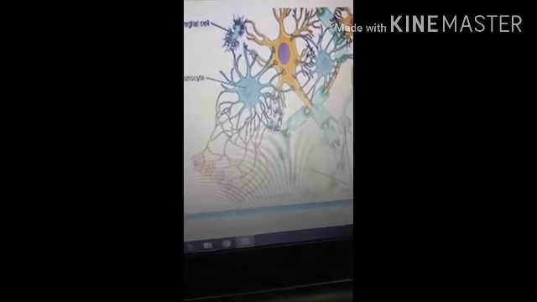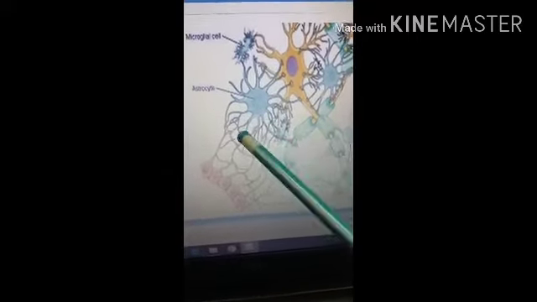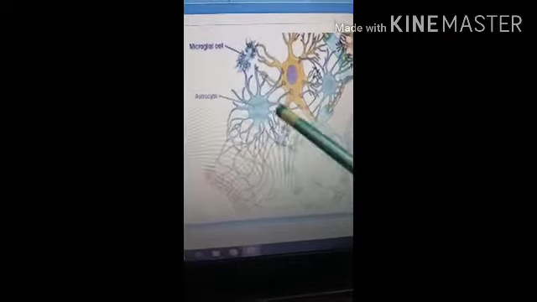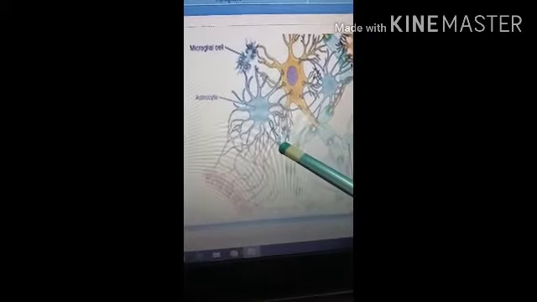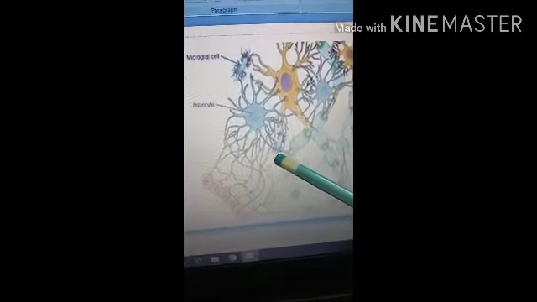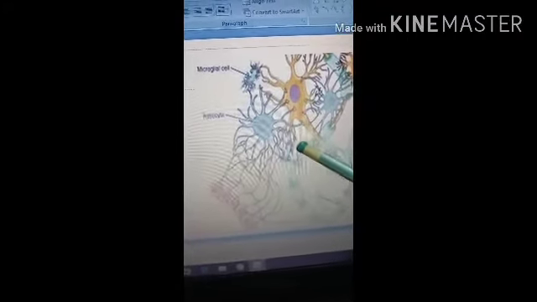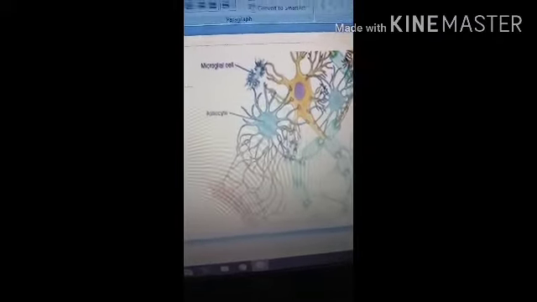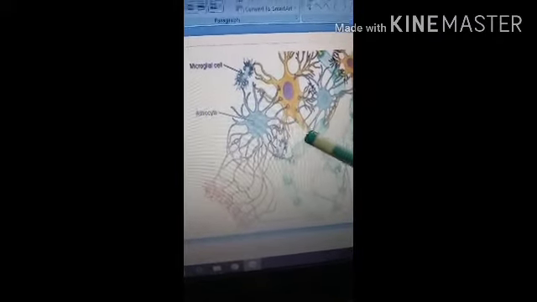The clinical importance of the neuroglia is the glioblastoma multiforme, the most fatal tumor of the brain. It arises from the astrocytes, and the life expectancy is only 2 to 3 months. Okay. Second, following the death of neurons, the astrocytes